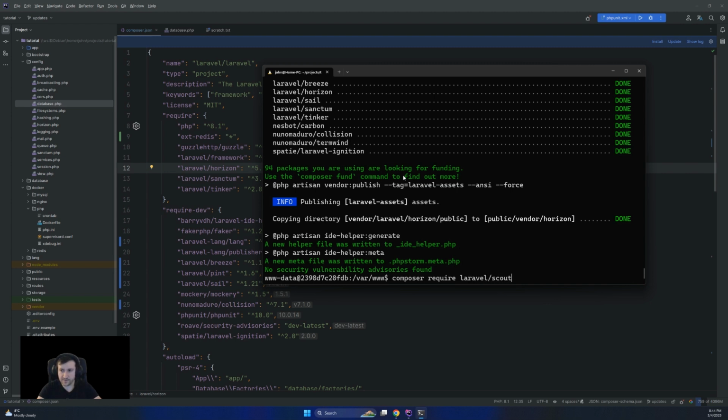So this will be for indexing into an Elasticsearch the models and get searching faster for Laravel models. And with this Scout, we are going to use Search. If you're not really sure what Search is, you can Google it.